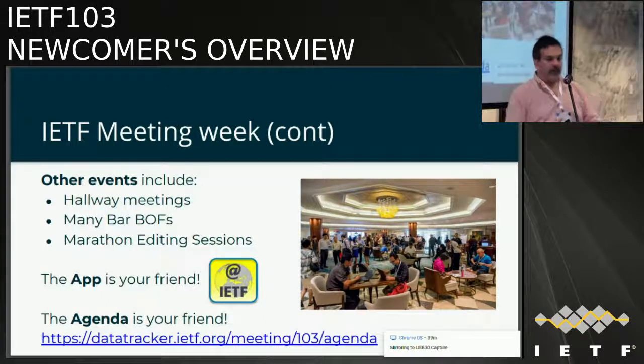There is an IETF application, a scheduling app. You can get it at the Play Store or the App Store, iPhone or Android. It lists all of the agenda sessions. It lets you tag the ones that are of interest to you. The agenda is posted on the 2nd floor